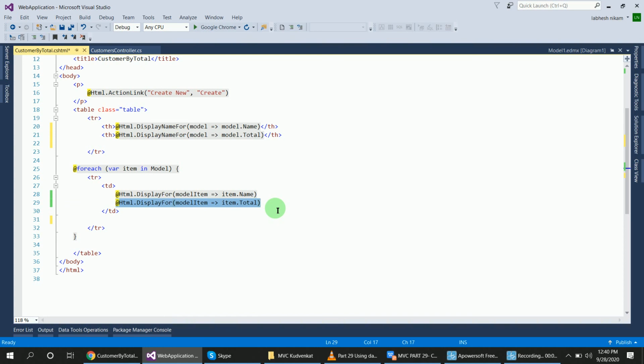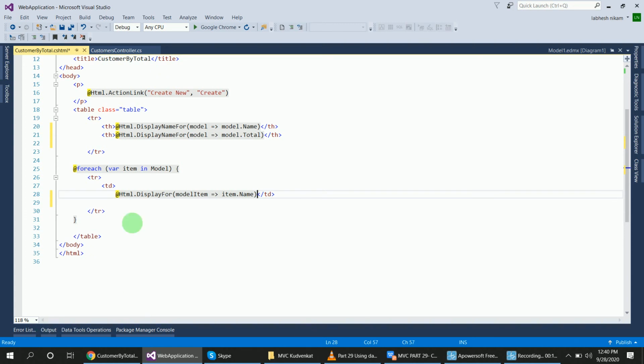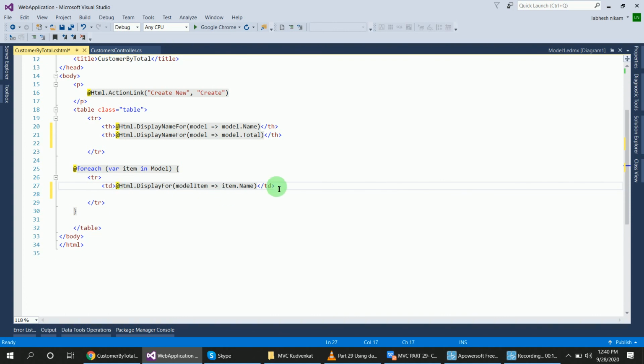So Control X, and add this here. Here there is another TD.